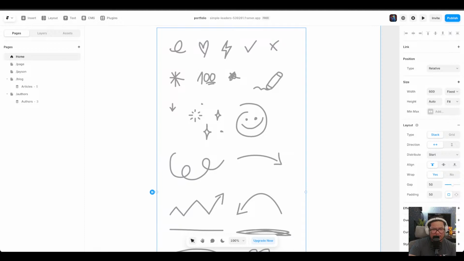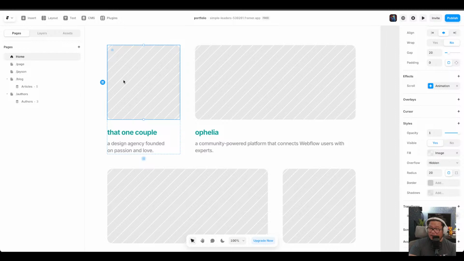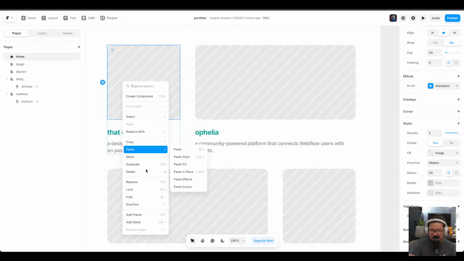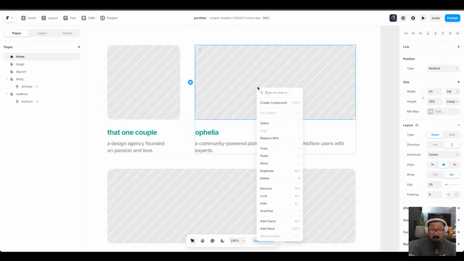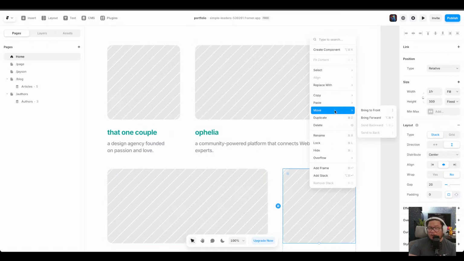You can copy paste effect. What? How do I copy paste effects? Right click, copy effects, paste effects. Okay, so